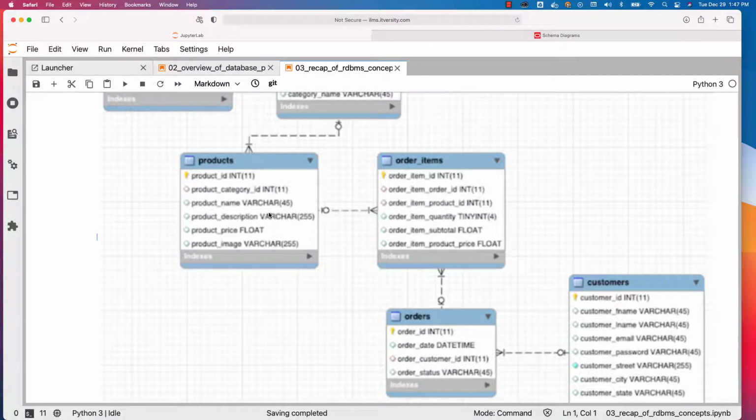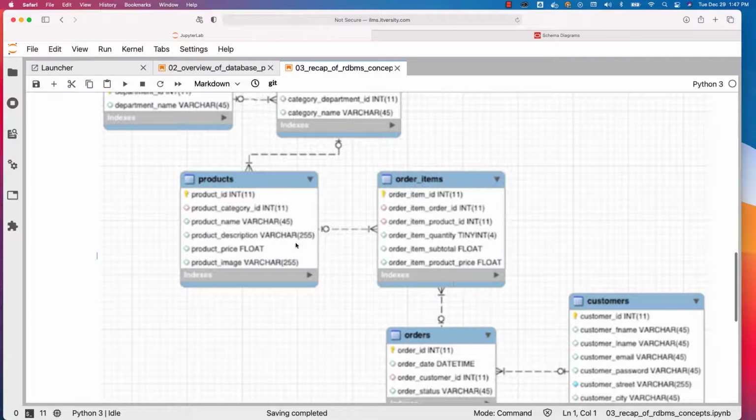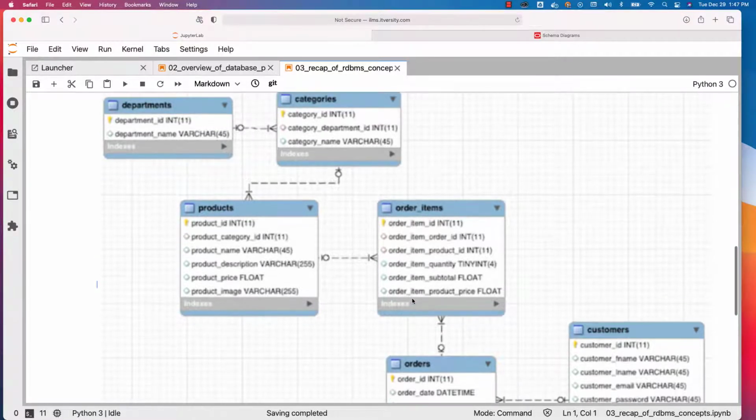If you try to understand the relationship between products and orders, it is many-to-many. One order can be placed with many products. Similarly, one product can be placed in many orders, which means we have a many-to-many relationship. In this case, order items will serve as a bridge table between the two. And typically, if you enforce that within a given order, there can be only one product for a given product ID, then you can enforce the unique constraint between order ID and product ID. In some cases, we do that. In some cases, we don't.